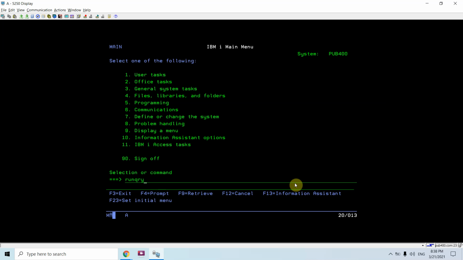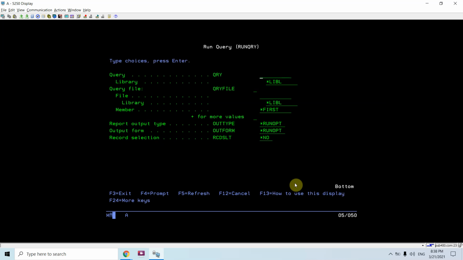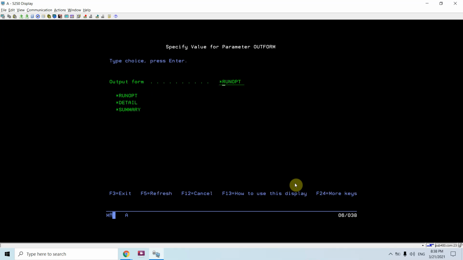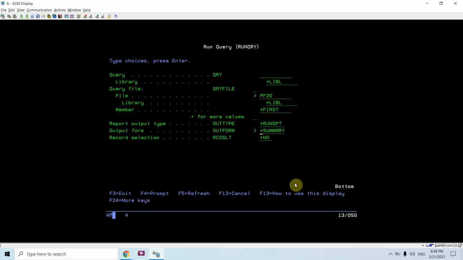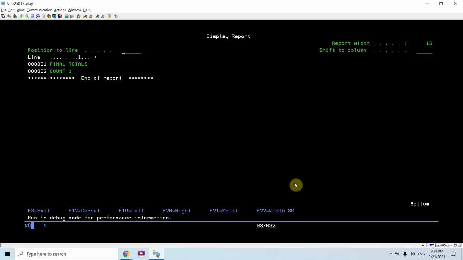You know the Run Query command, just take F4 there. I take this file again, pf20. Now here I have the parameter output form, just take F4 here. I have the option summary, so I provide summary here and press enter. This brings me the count, that is 1. You can see the count 1.